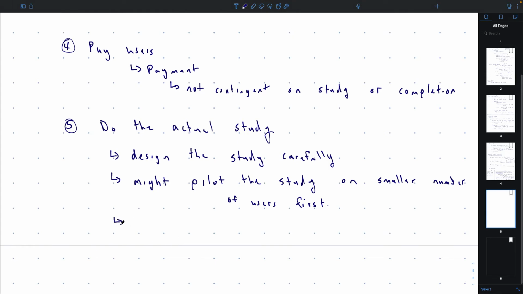Now, what you actually do in the study is going to depend on what it is that you're measuring and what the system is itself. So I'll talk about one specific study that tends to come up a lot, which is that you have, say, an old version of, say, some software. So you have an old version, you have some improvements, and you want to know whether those improvements are working the way that you want, okay? So inherently, this is what we call a comparative study, because you're comparing the old system, call it A, to the new system B, okay?